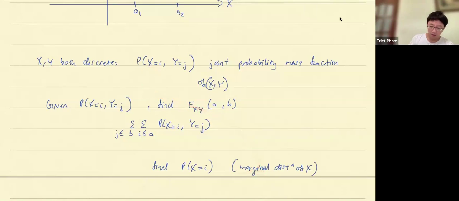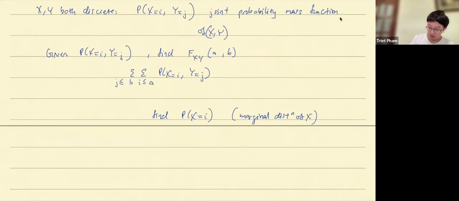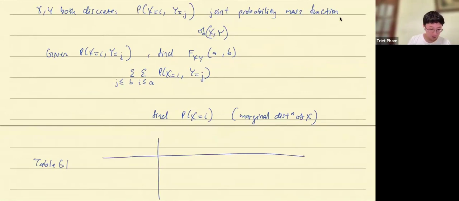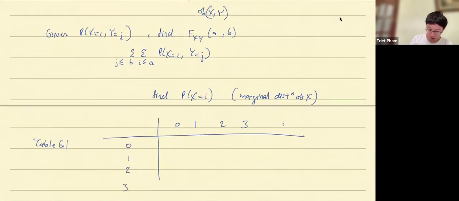The reason is, if you look at, let's say, table 6.1 in your textbook, it'll have something like this. It'll have 0, 1, 2, 3 for the values of i, and 0, 1, 2, 3 for the values of j. And then entries like 10 over 220, 40 over 220, 30 over 220, 4 over 220,